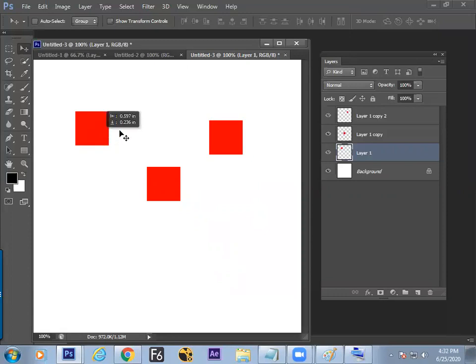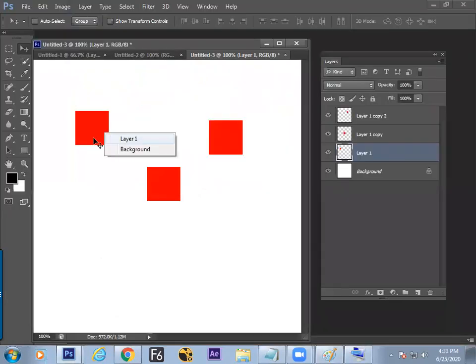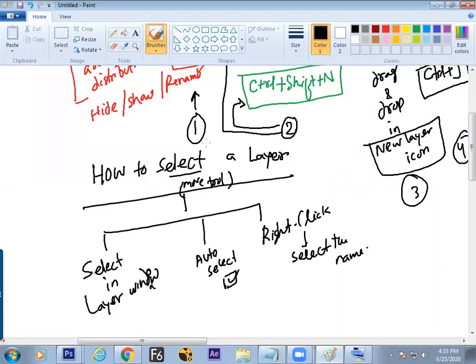So now what is the next method? Right click and select the name. So we have understood now how to select a layer.